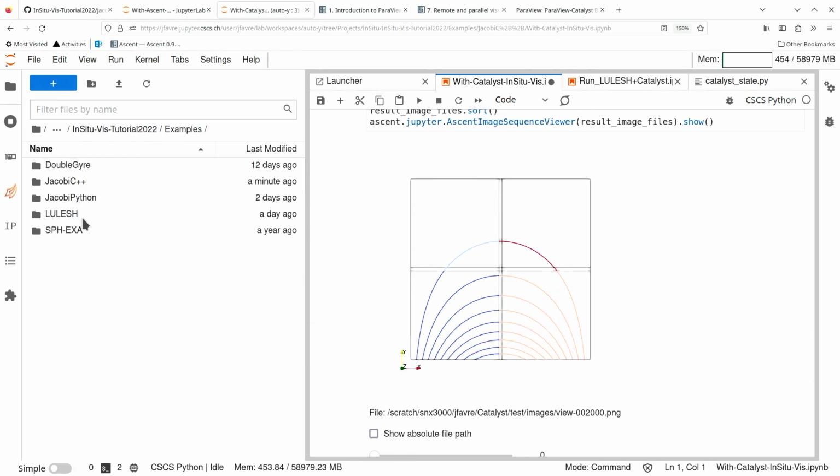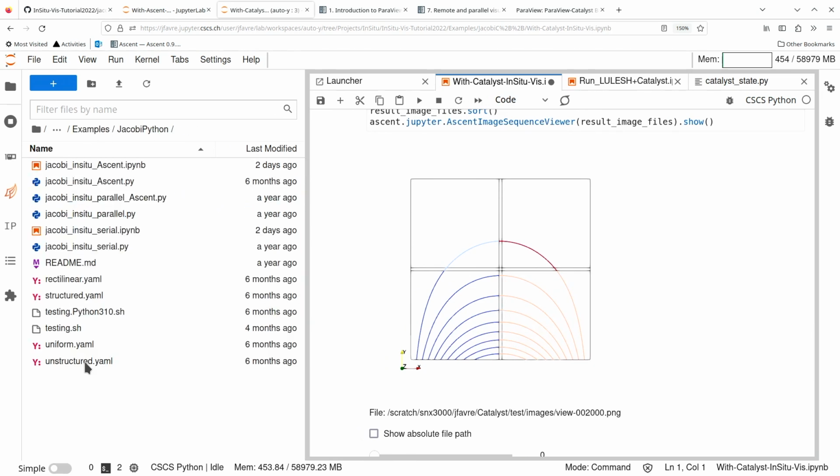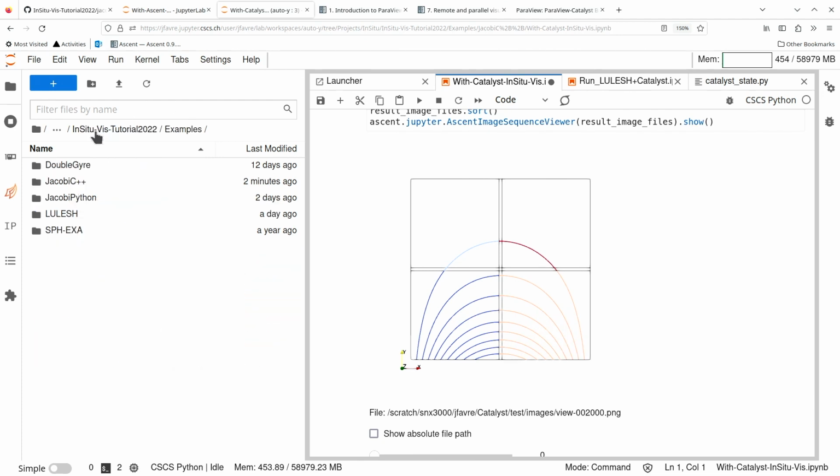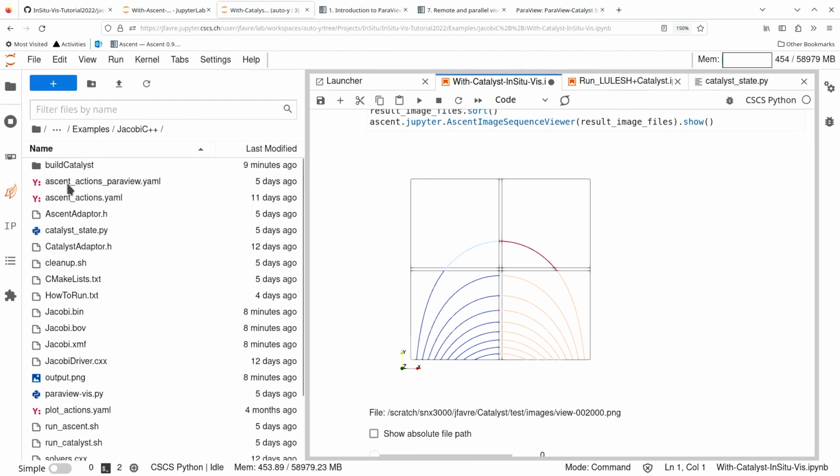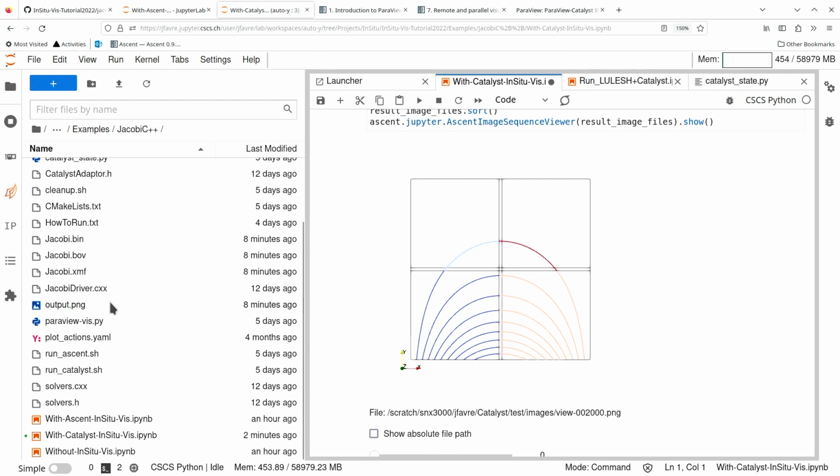You can try that with the Jacobi Python, where I did not make a catalyst interface because there was no Python binding yet for catalyst. So go to the Jacobi C++ and here there is a build catalyst with the instructions, but there is much better with catalyst, the notebook